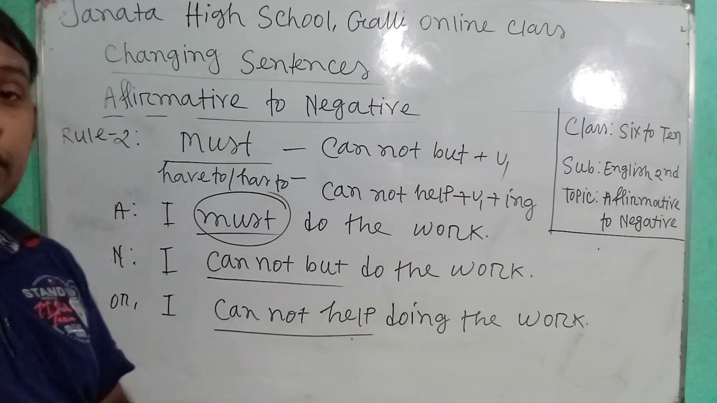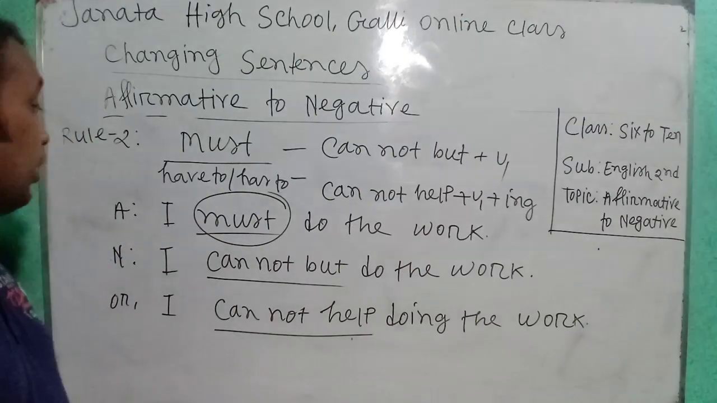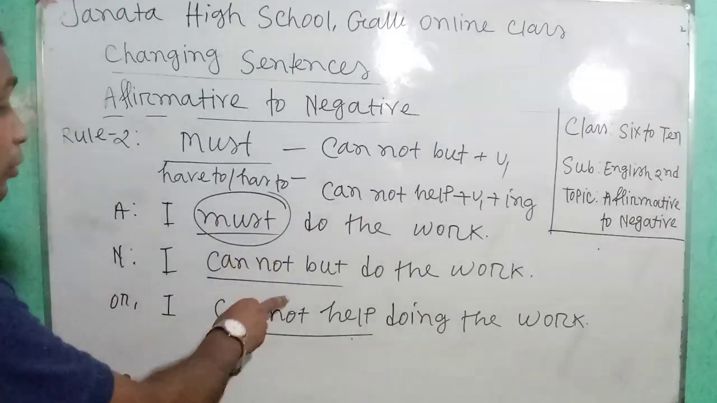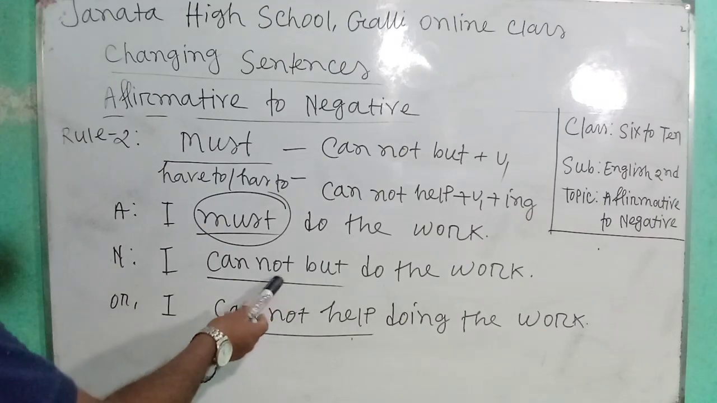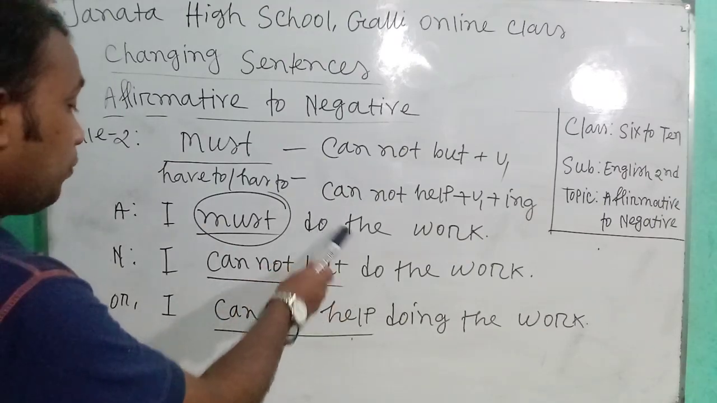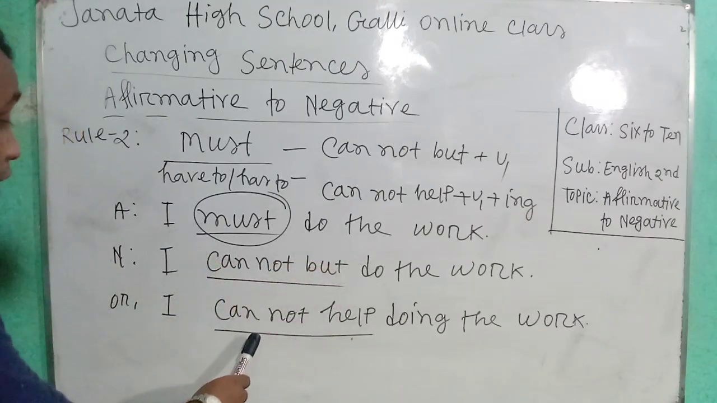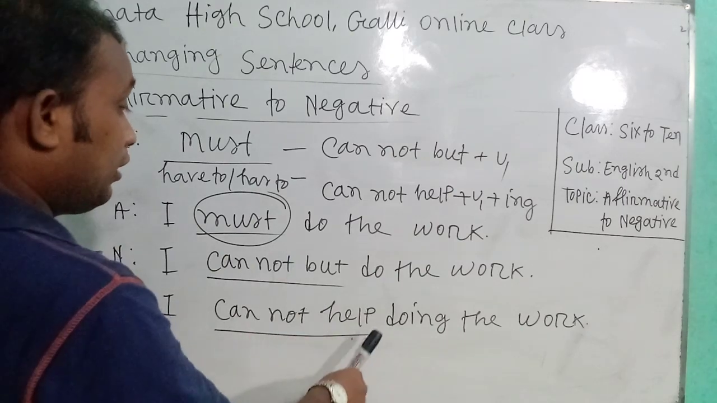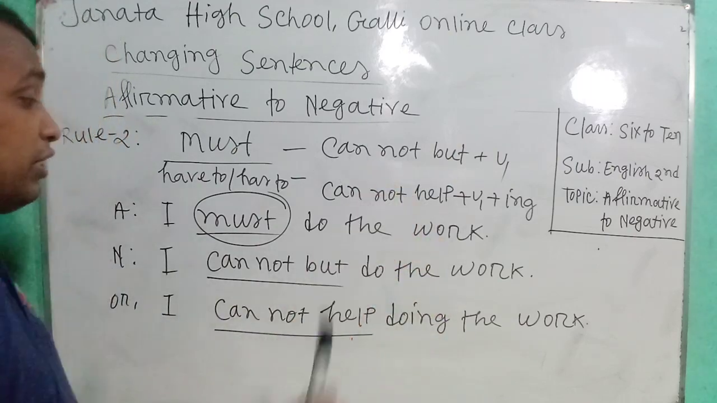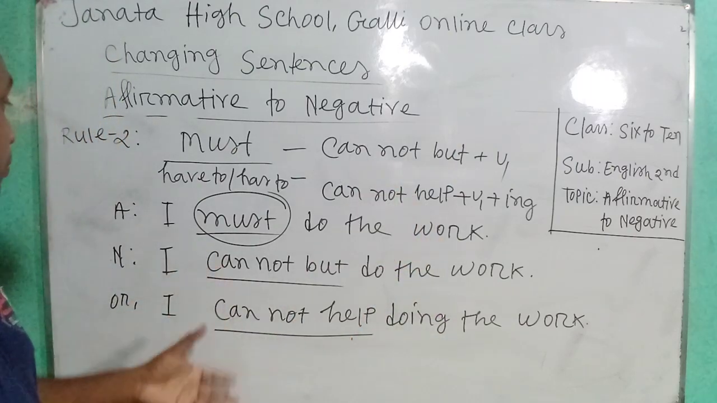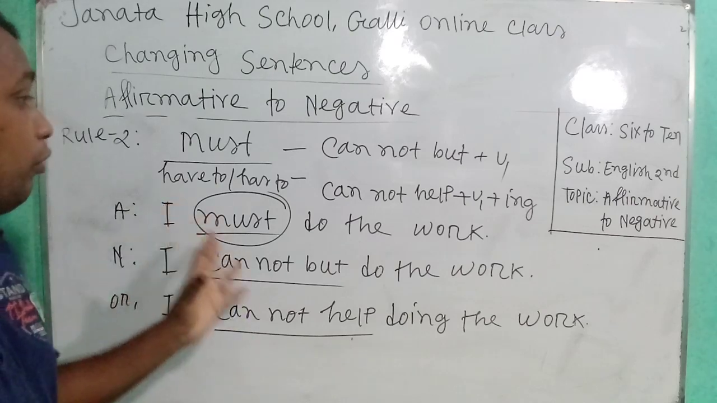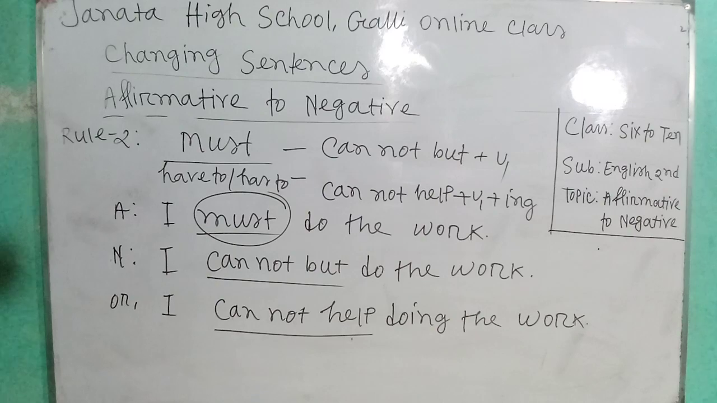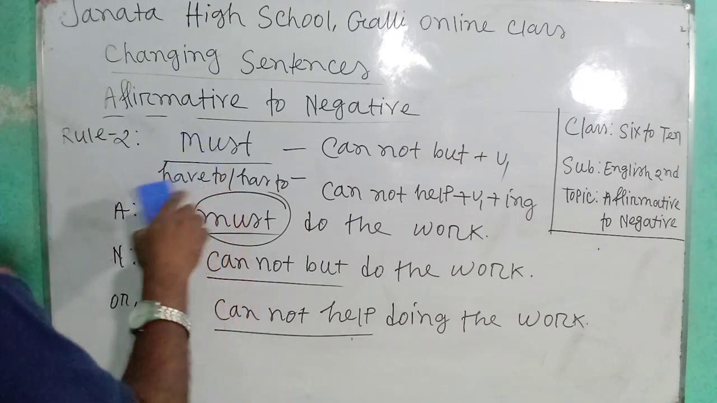প্রিয় শিক্ষার্থীরা, তোমরা খুব সহজে বুঝতে পেরেছো আশা করি। যদি অ্যাফার্মেটিভ সেন্টেন্সে আমরা মাস্ট দেখি, তাহলে তার পরিবর্তে ক্যান নট বাট ব্যবহার করব এবং এরপর ভার্বের বেস ফর্ম। কিন্তু যদি ক্যান নট হেল্প ব্যবহার করি, তাহলে ভার্বের বেস ফর্মের সাথে আইএনজি যোগ হবে। অনুরূপভাবে হ্যাভ টু, হ্যাজ টু থাকলেও একই নিয়ম প্রয়োগ করব। ওকে, নাউ আই অ্যাম গোয়িং টু নেক্সট রুল।